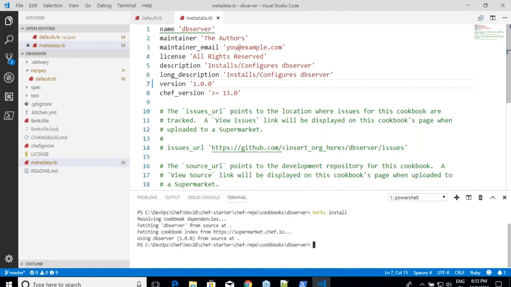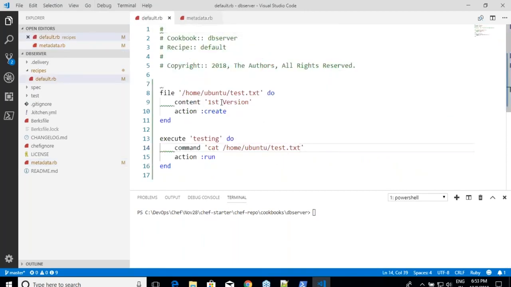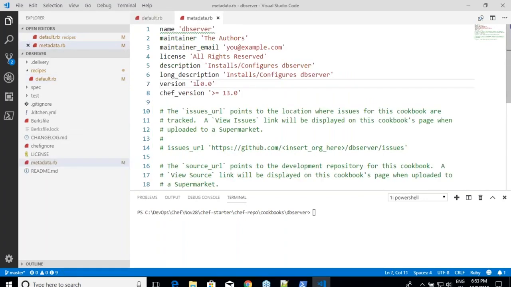Okay, good. And now I'll change this file. I'll change this from first version to second version. That's it. Very simple change. And for this change, I'm going to call this as a new version. Not a very difficult thing, but there are some changes from version to version.